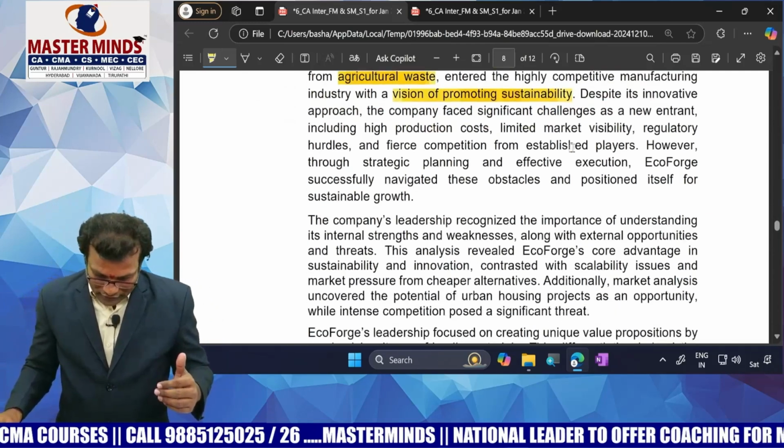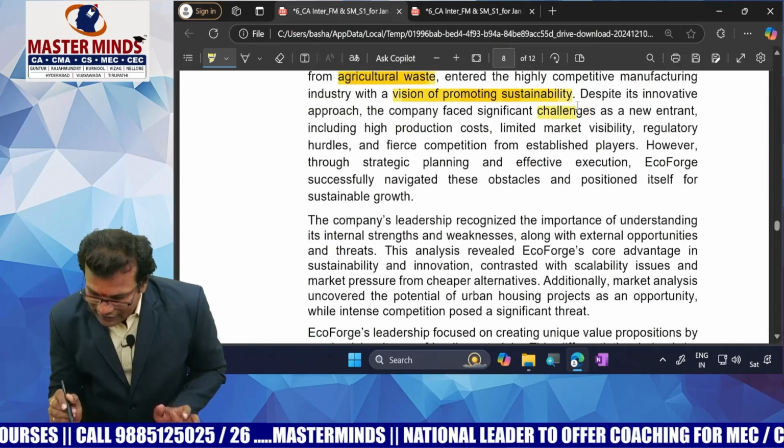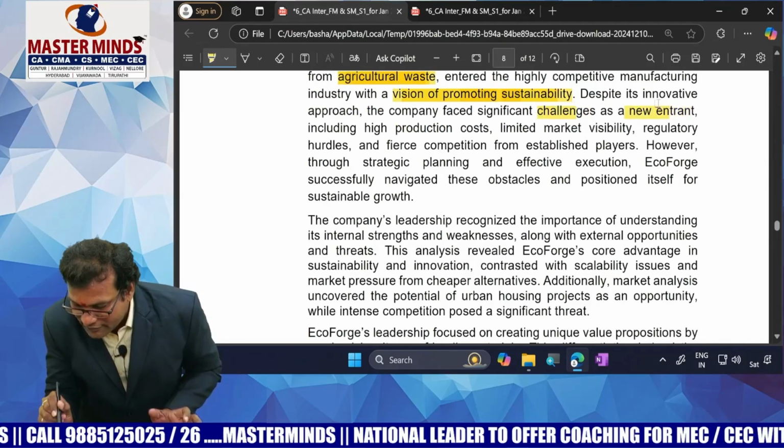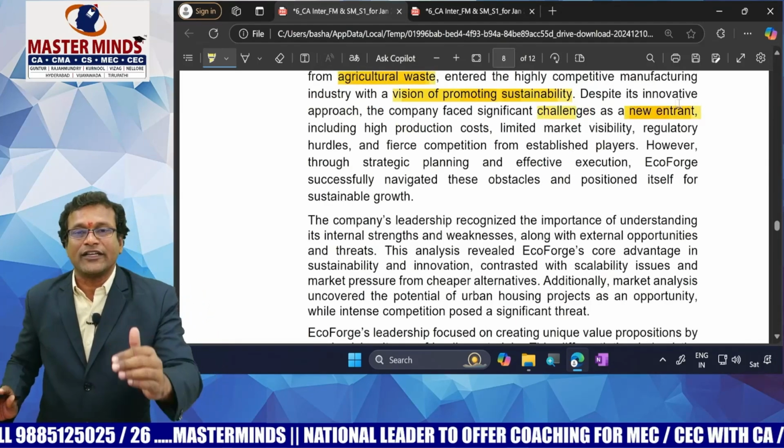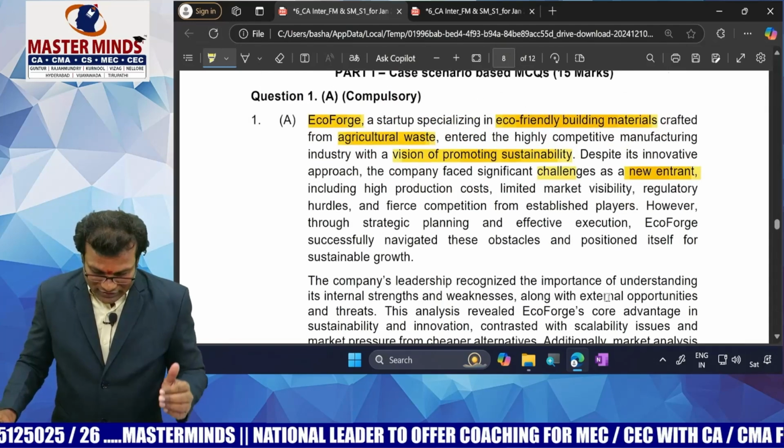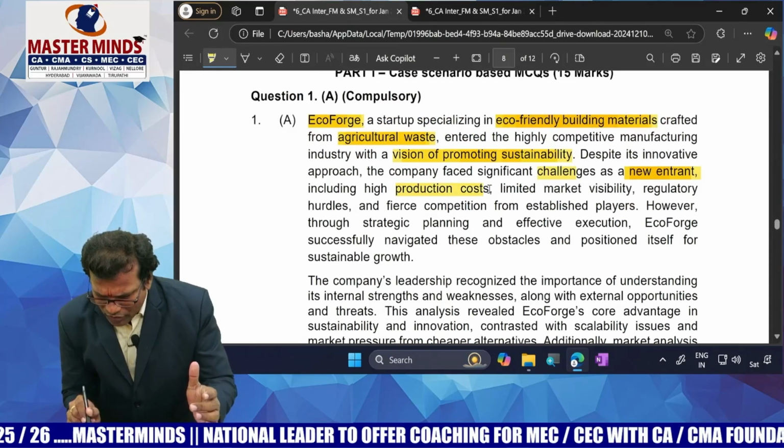Even though they have followed this approach, they face some significant challenges as a new entrant. This company is a new entrant into the industry, right? What are the challenges faced by them? High production cost,